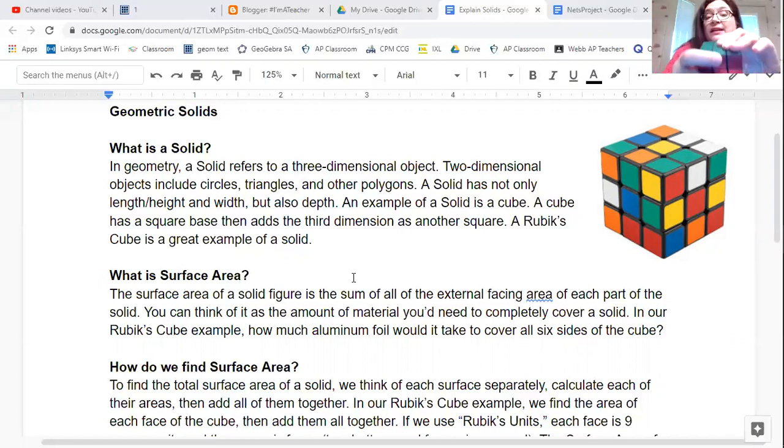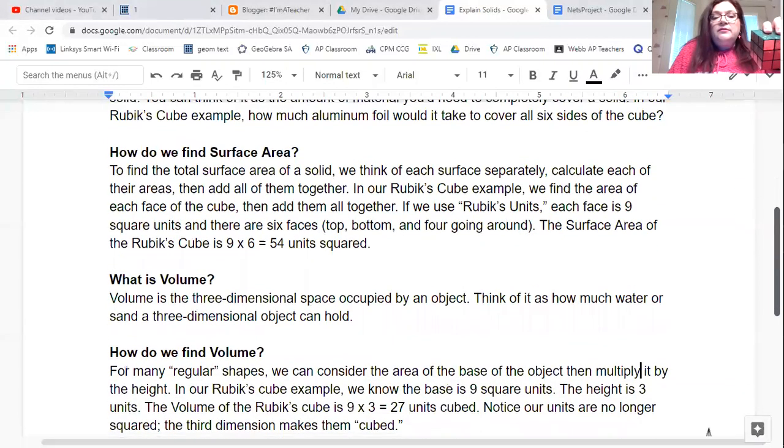So how do we find surface area? Well, surface area is just the sum of all of the surfaces of the solid. So in this case, if I think about a Rubik's Cube, I don't have a ruler. I do, I have my homemade ruler. But in this case, we don't have to use a ruler. We can just use Rubik's units. If we just say each one of these little squares is a Rubik's unit,